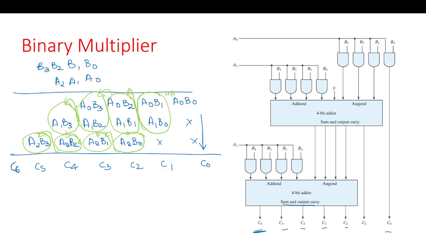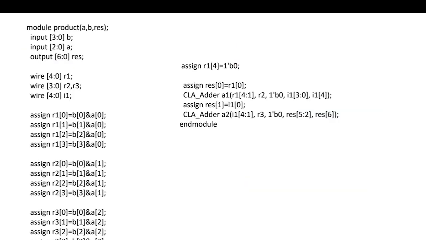Okay. So this can be implemented as we have said: for every term we need an AND gate. So 3 into 4, so 4, 4, 4, 3 times. And every term like A0B0 we have obtained. Now this will be direct. And here we need one stage of adders and then two. This is another stage of adders. So with this we can perform the binary multiplication. So the code